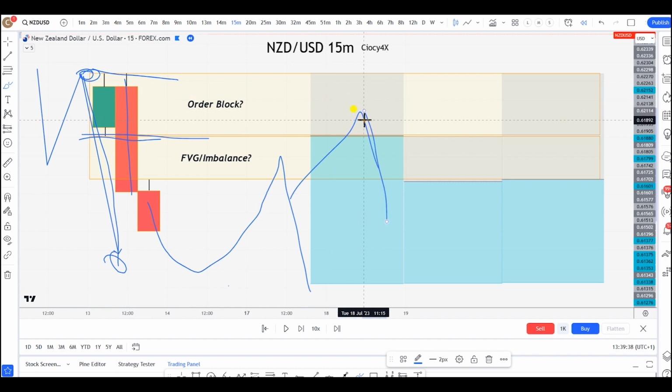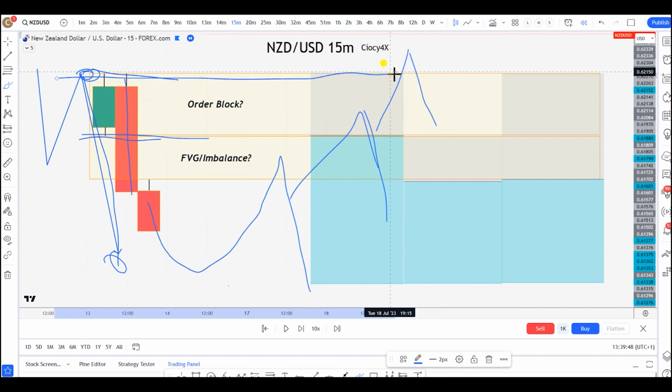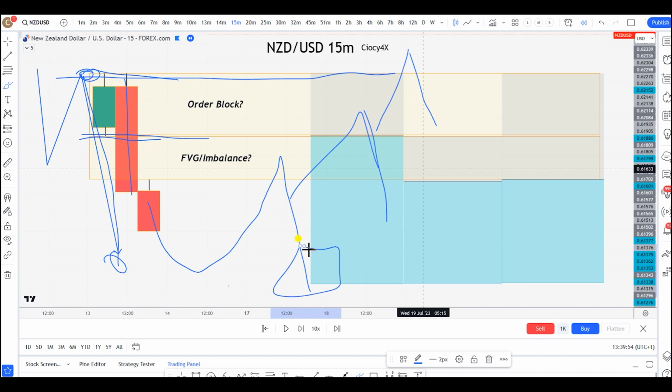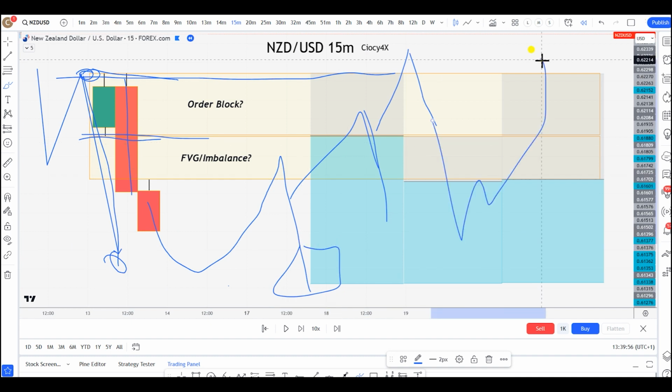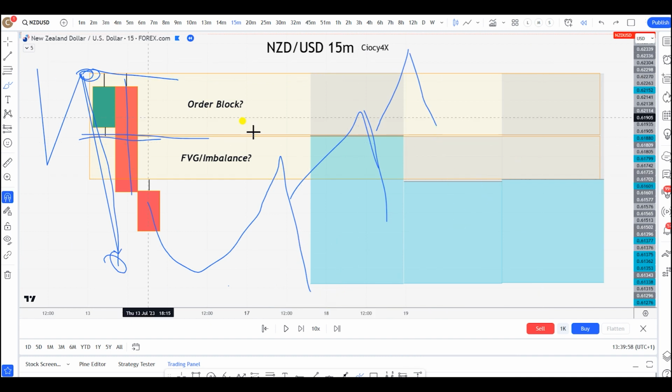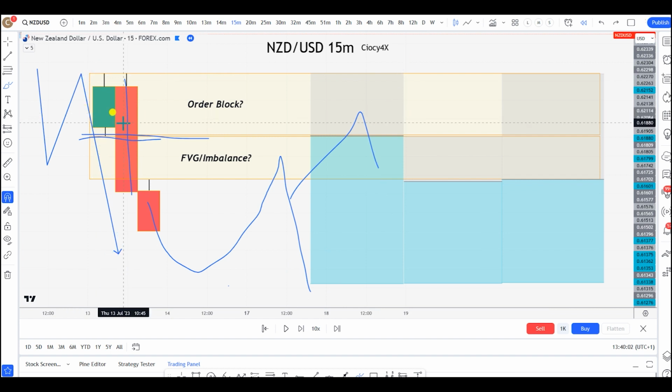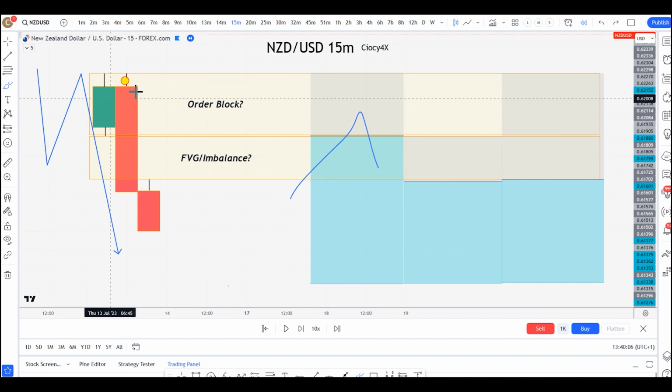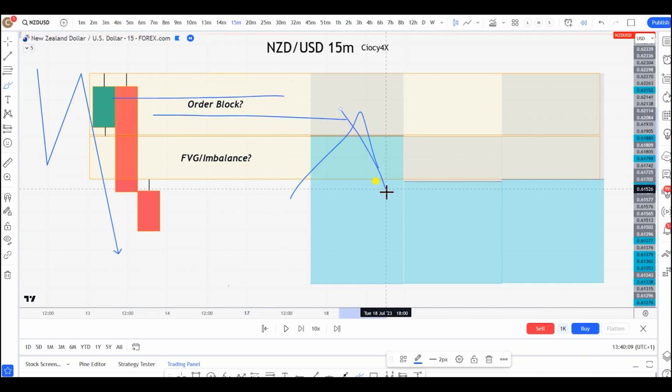Because if for any reason price breaks above it, like this, and then it drops, I'm not taking any more sells. Because for me now, price has shifted the momentum, it shifted the structure, therefore it is useless looking for a sell. Now probably I should be looking for a buy somewhere around here and then going to the upside. So do you understand what I'm saying? So this zone here, which you can also call the extreme, based on the order block or imbalance, you can take it because you know that this is the last point from where you want to see price going down, right?